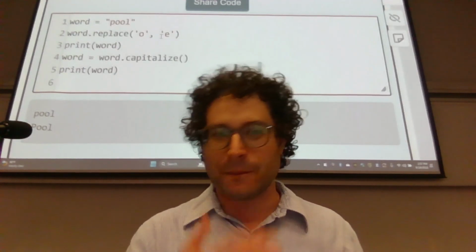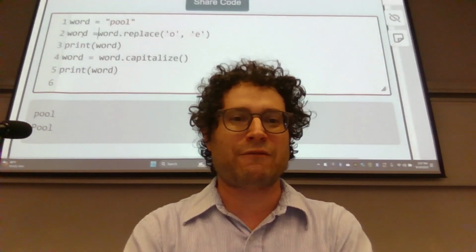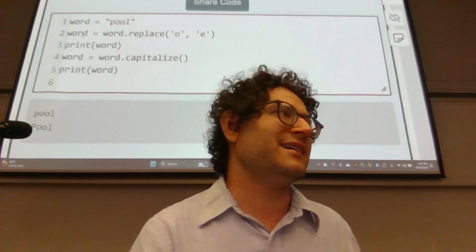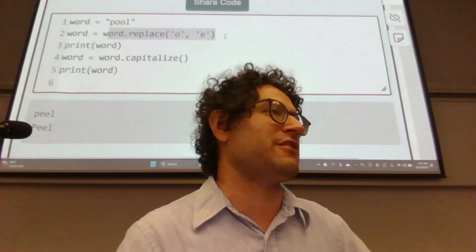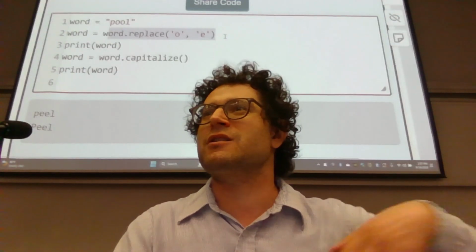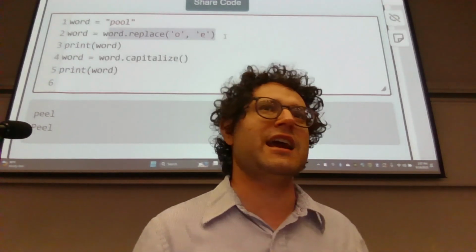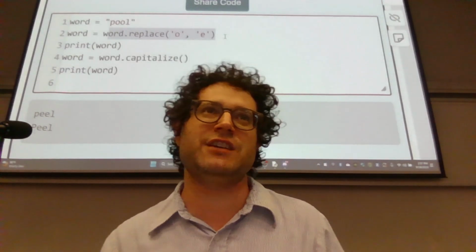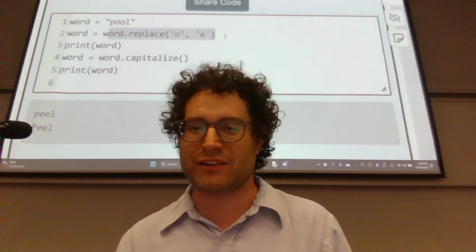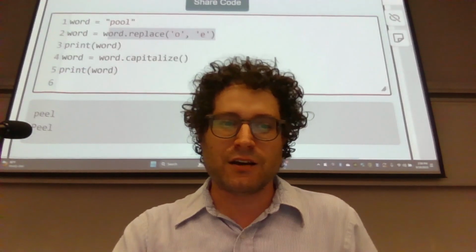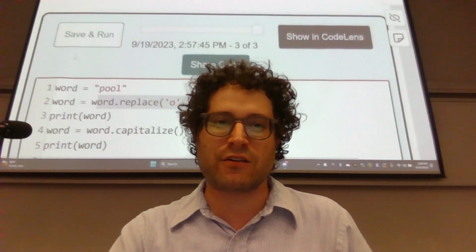Okay. So anytime we do an operation that seems like it's changing a string, like replace or capitalize, what we're actually doing is that we're using the old string to generate a new string, and then we're storing the new string if we want to use it. You can't change strings, but you can use them to generate new ones. It's a weird thing, but I figured I might as well let you know about that to begin with. Go ahead and run that.